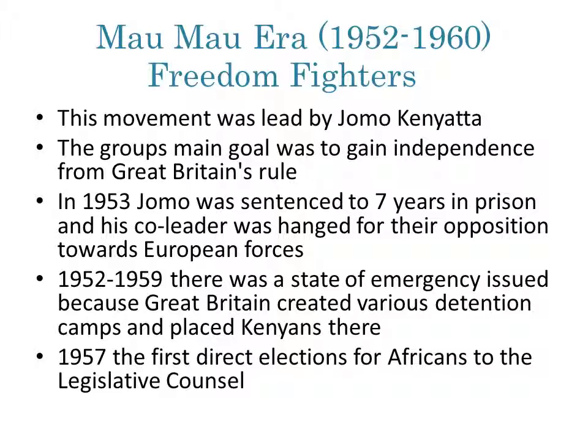The Mau Mau era, from 1952 to 1960, freedom fighters. This movement was led by Jomo Kenyatta. The group's main goal was to gain independence from Great Britain's rule. In 1953, Jomo was sentenced to 7 years in prison, and his co-leader was hanged for their opposition towards European